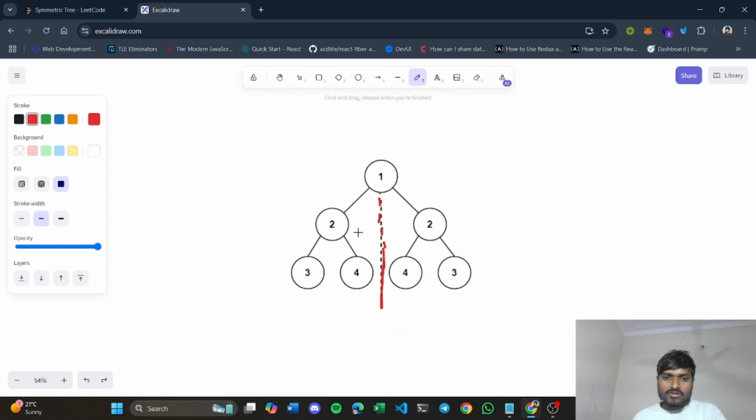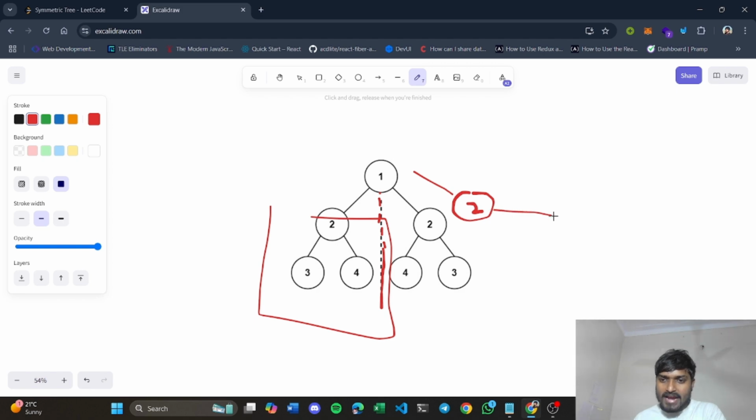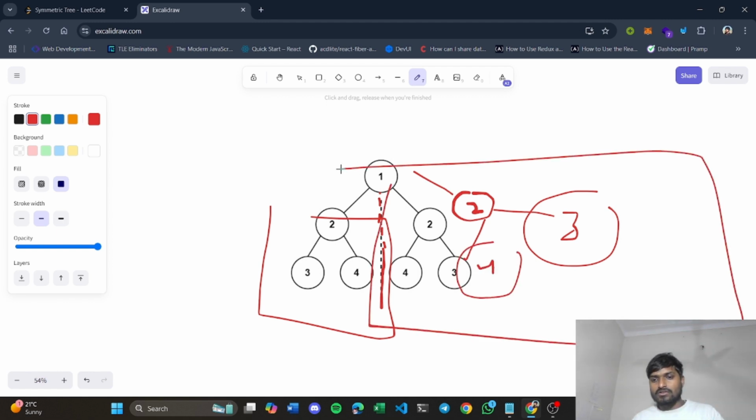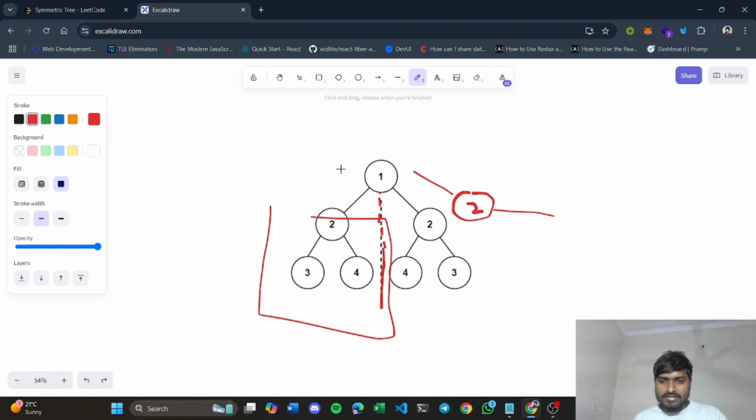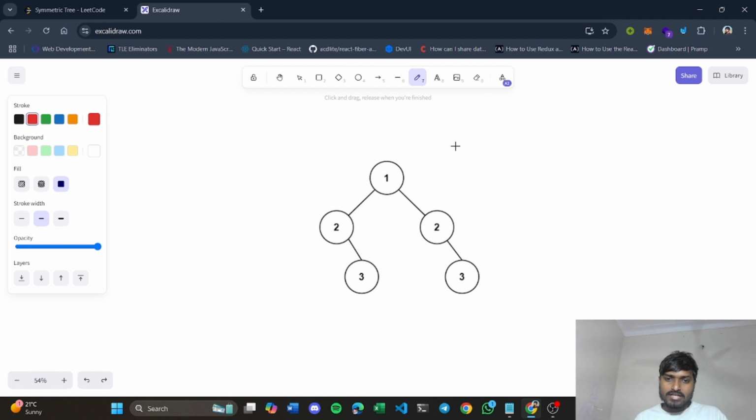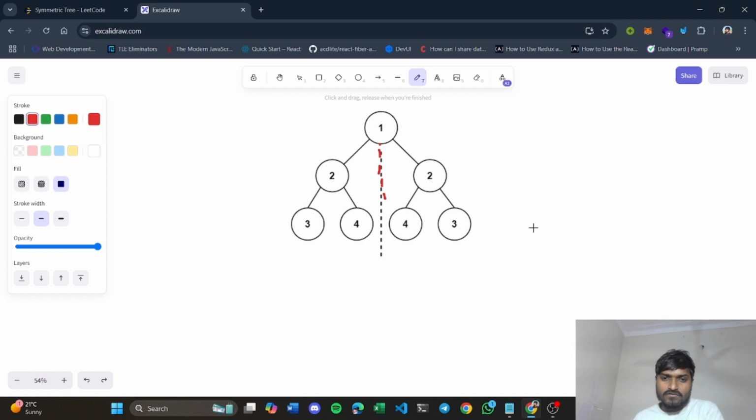Also, when you take this subtree and overlap it here, 2 will come here, and the left part you will have to flip to the right in order to match with the mirror, so it will come here, and the right part will come to the left. So you can see that they are overlapping each other. In this way, we found that this example is a mirror image of itself, but the below example is not. So for checking this condition, how will you solve it? Let's understand the solution approach of this problem.